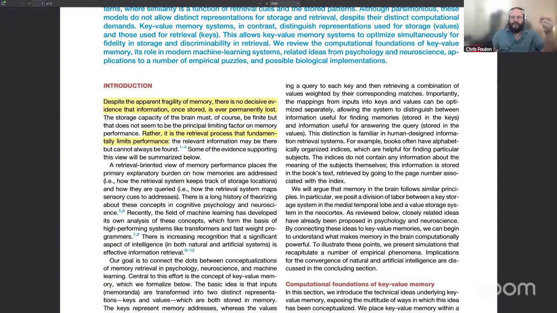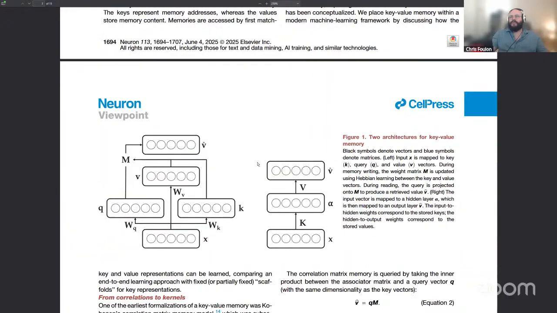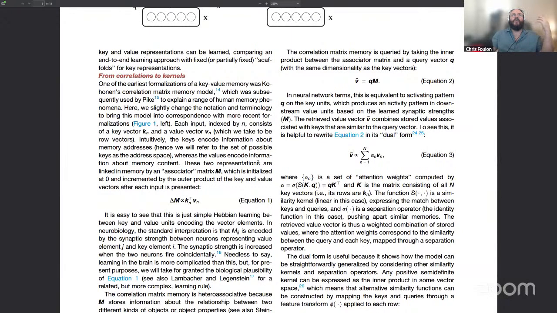And they propose that it's because the memory in the brain is encoded in a key value fashion. So if you code in Python, that would be dictionaries, but also basic dictionaries work like that. You have a word, you have the index, you get to the page of the word, but the actual content is the definition of the word. And in their hypothesis, that would be the same for the brain. We have a key that tells us where the memory content is, and then the memory content is what we are retrieving. And for that, they start by explaining how we can implement these